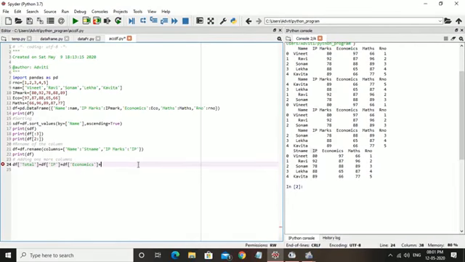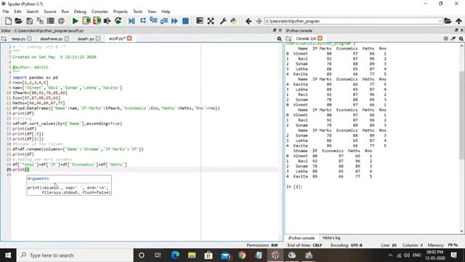Then the next column name, I am using df, what is the next column name? Maths. So I am using the maths column here, MATHS. Fine. Now by this statement you can understand, if you want to add one more column, I am using the object of the data frame and then define the new name of the column. Fine. Now we can check: print, and then we will print the data frame object df.